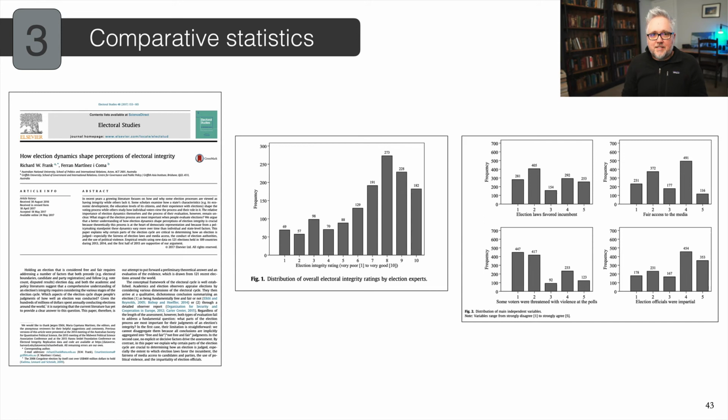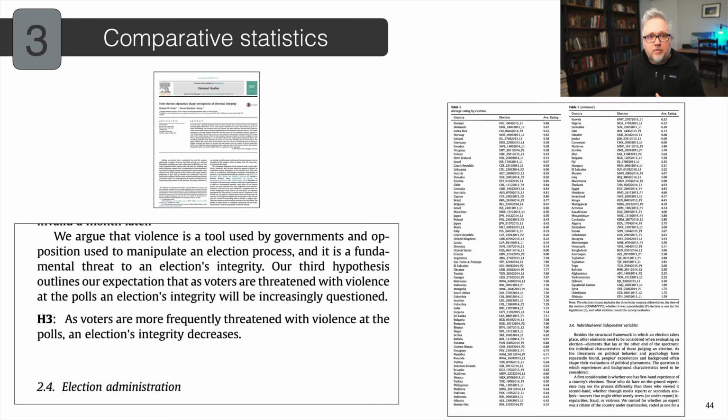In comparative statistics, I started with descriptive statistics of the dependent variable, which is how much integrity election integrity experts thought an election had, in that figure 1. And then we had 4 main independent variables with a hypothesis for each. And I did histograms for each one of those different variables. These are ideas that I would encourage you to think about using for your own essays to show that you understand what your variable is, how it's distributed, what the range is, and what the most common category is. You can learn a lot just by visualizing them through these kinds of histograms.